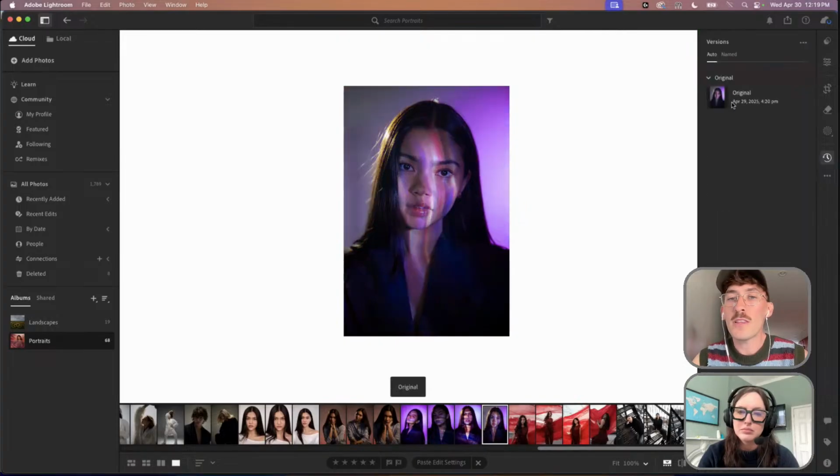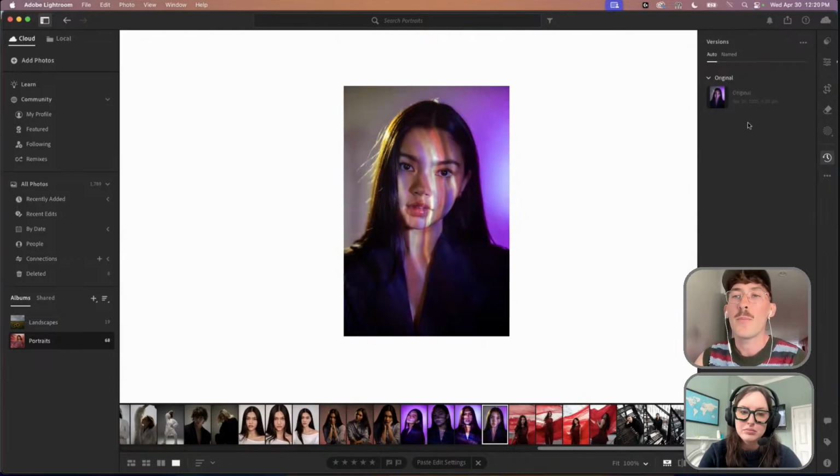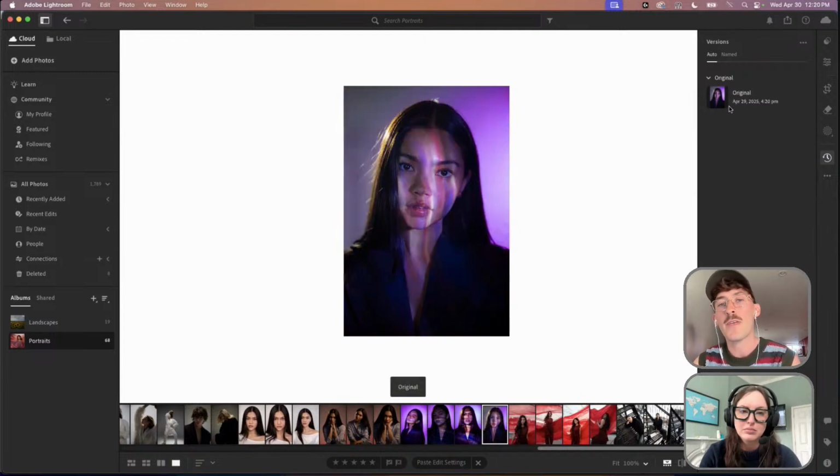So we can look at the before and after here, and this is just a sort of camera raw edit. So I didn't really apply any presets to this. This is just playing around. I didn't apply any curves or anything. I just played around with the colors, and that's sort of what we arrived at with this. So I can show you guys how I went about that by editing one of these images, because